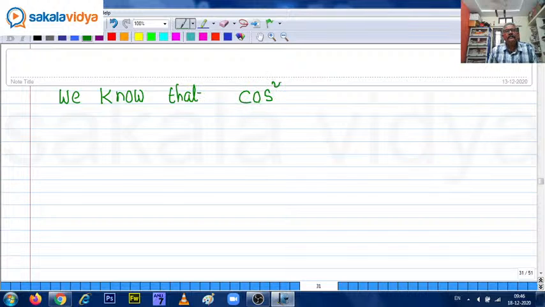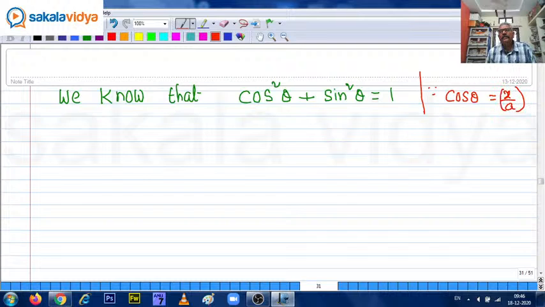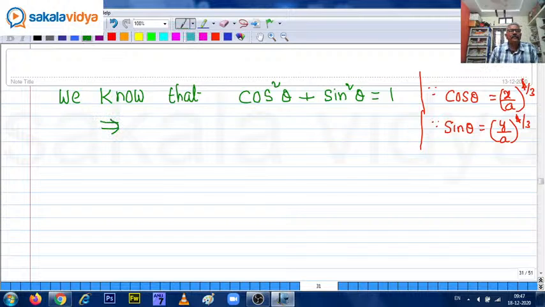cos square theta plus sin square theta equals 1. So now from the previous page, cos theta equals x upon a whole to the power of 1 by 3, am I correct? And sin theta equals y upon a whole to the power of 1 by 3. So let us replace it. If you replace cos theta equals x upon a whole to the power of 1 by 3, sin theta equals y upon a whole to the power of 1 by 3,